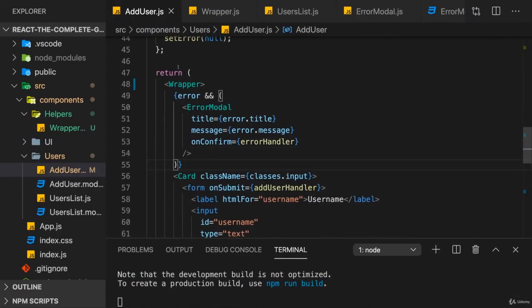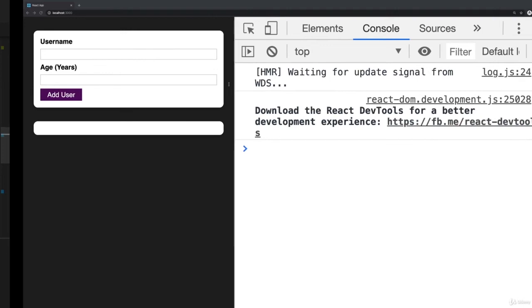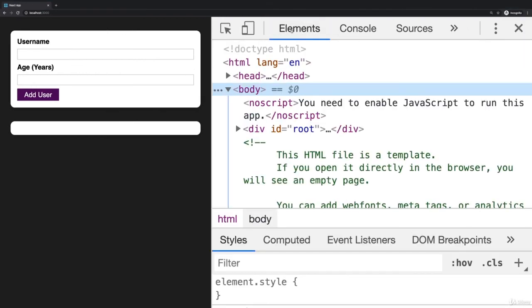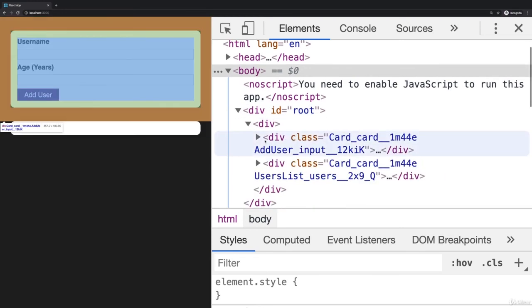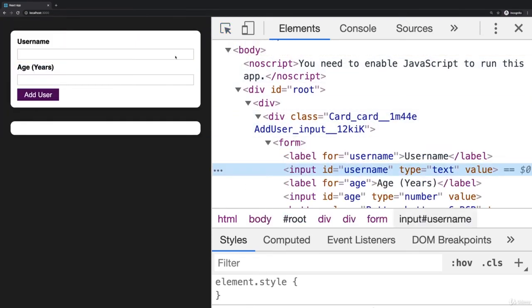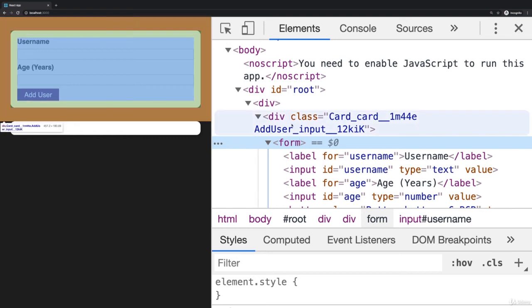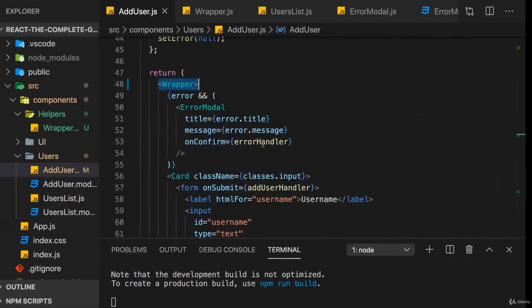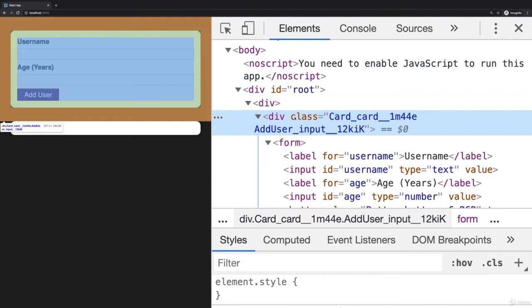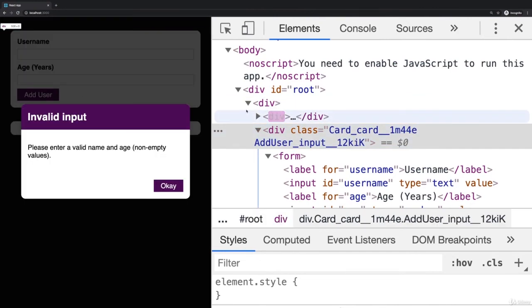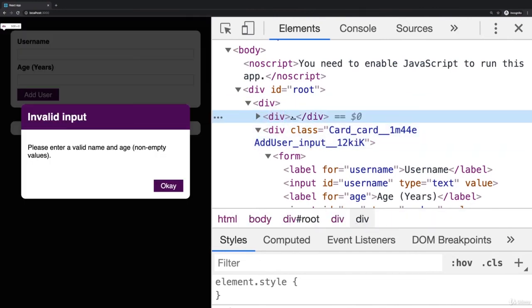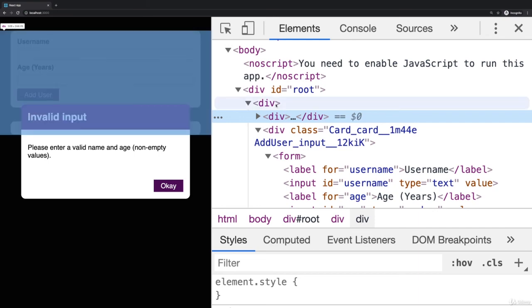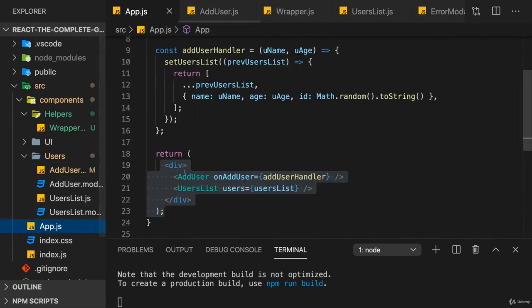Now that's a nice little trick for solving this problem, because if we now have a look at the Elements tab, and therefore at the DOM, which is actually being rendered, we see that if I inspect my add form component, here's my form, we see there is a div around it, but that's just this card div. But what we also see is if I click add user, that this modal div is being added, but around that, we do have a wrapping div, but this is actually the div coming from the app component, where I also have the wrapping div.